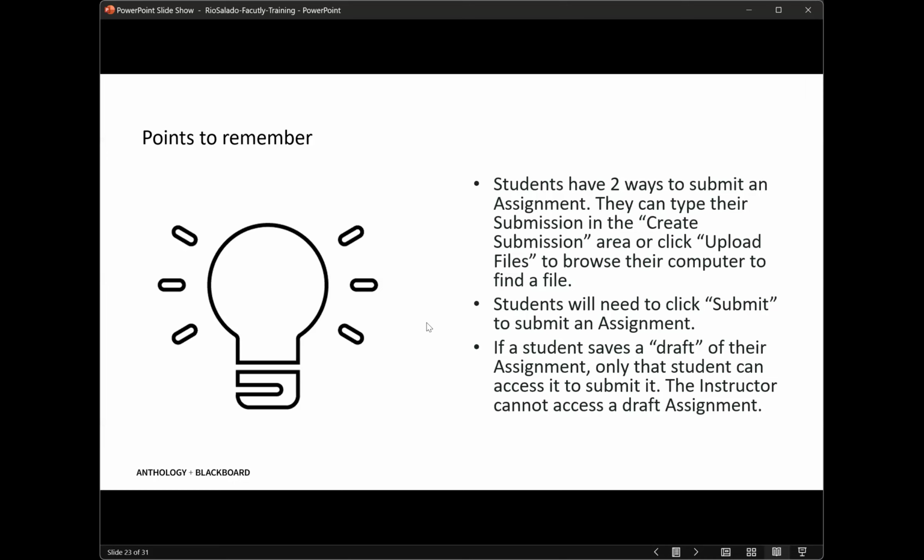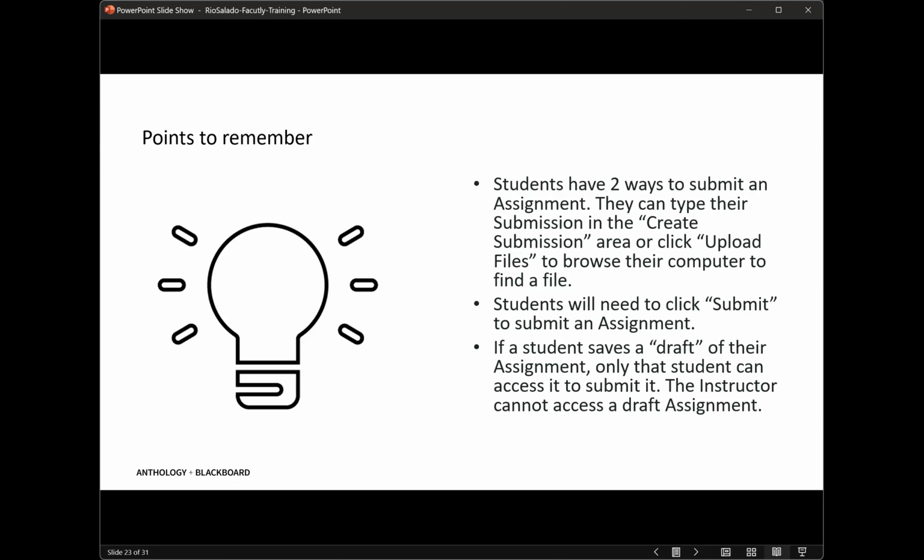So a couple of points to remember as far as assignments. There are two ways that students could submit an assignment. This is really based on what they have access to on their computers, whether they're doing create submission and typing right into Blackboard, or if there's an opportunity where they can create a file and upload that file.